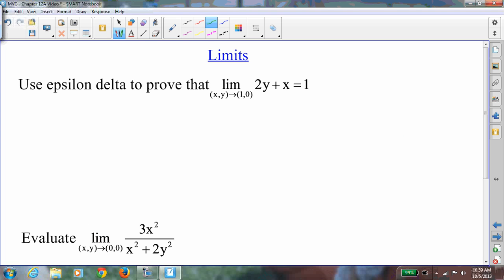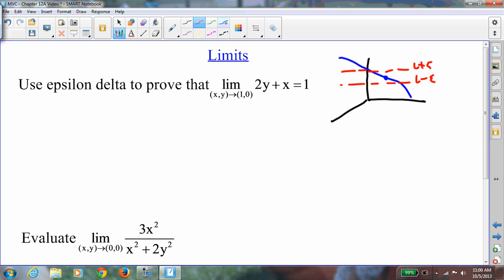Okay, epsilon delta limits. So I want to try to explain this graphically, do the definition for epsilon delta limits, and then actually do a proof for it. So epsilon delta is this idea. If you recall from BC, basically what we would have is a function, except this time we're in 3 dimensions. And let's say we claim this is our limit right there. So the idea of epsilon delta is no matter how close I get to this limit, so this would be like L plus epsilon and L minus epsilon, it has to correspond to a value